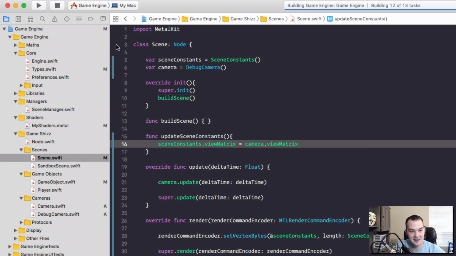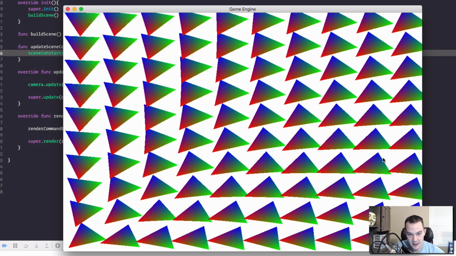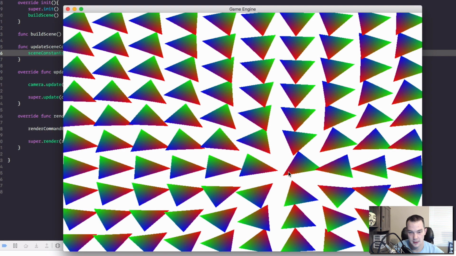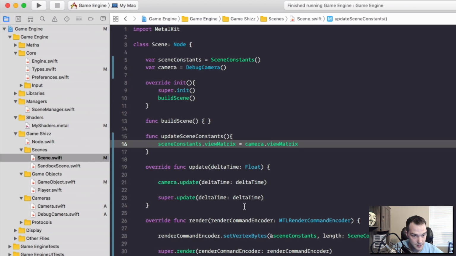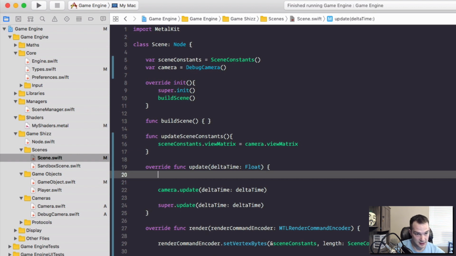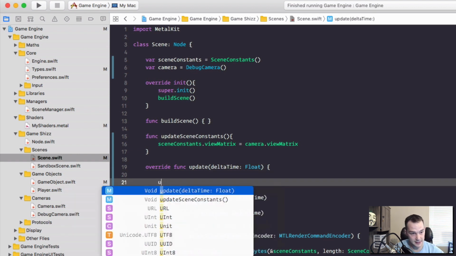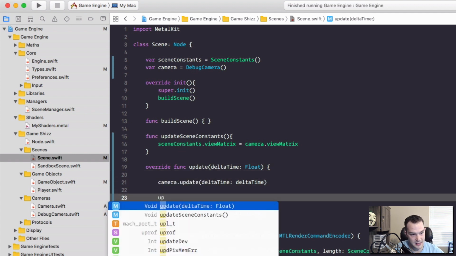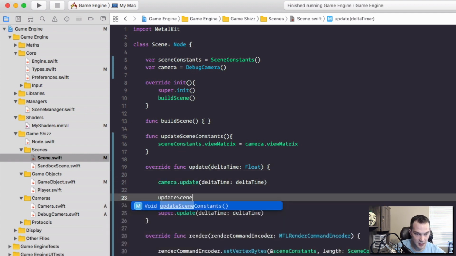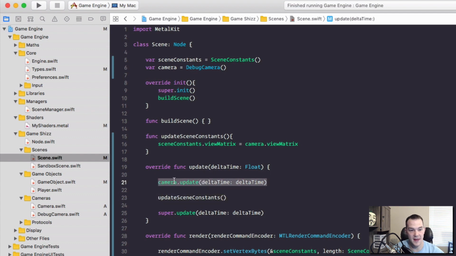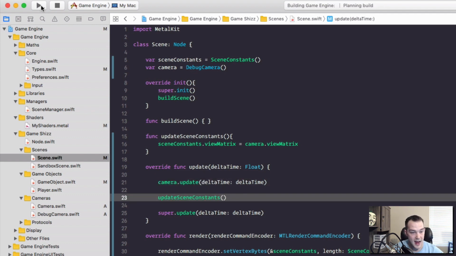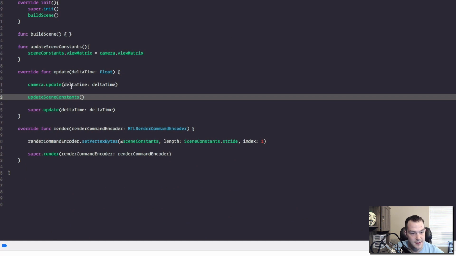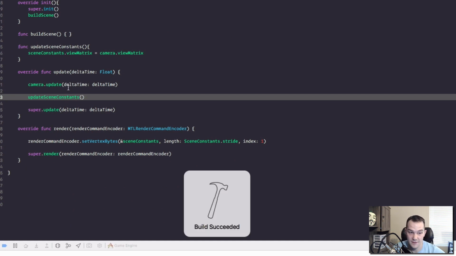That's a little bit nicer. This makes a lot more sense. And now if we click left and right, nothing actually happens because I'm not updating the scene constants. So let's go and update. We'll go update scene constants can go under camera.update. So we're going to update the camera and then we'll update the scene constants for everything in the entire scene. And now, if I'm not mistaken,